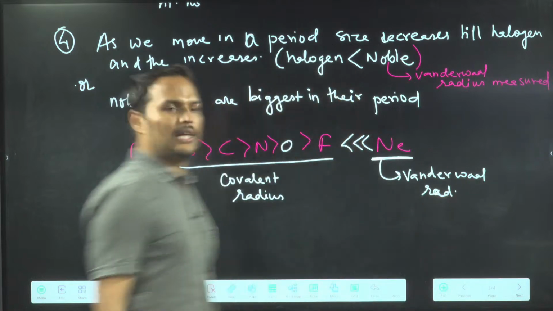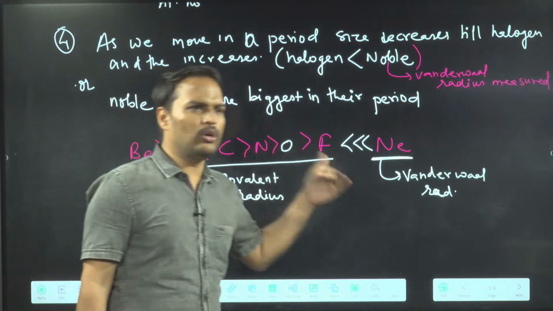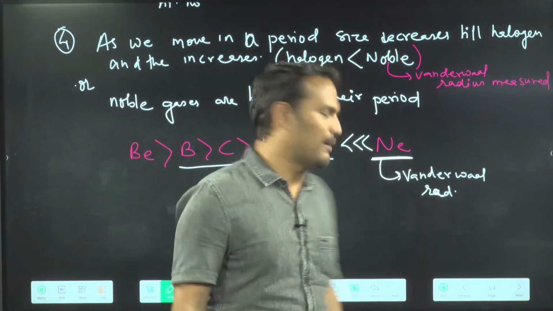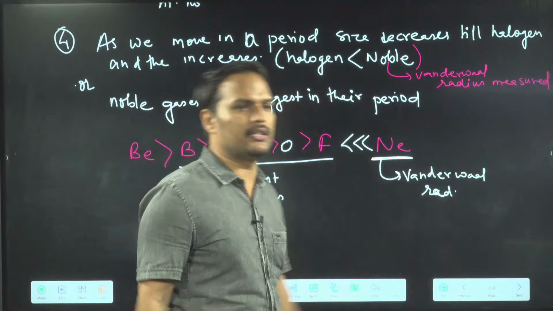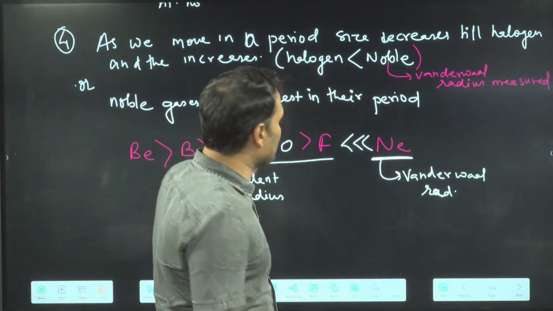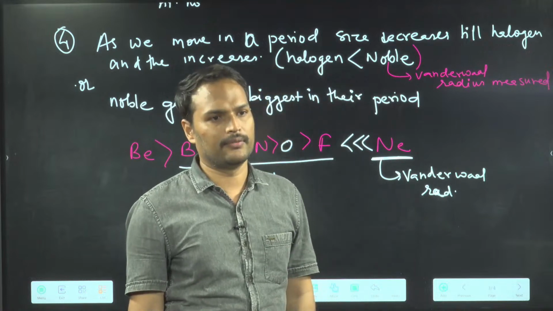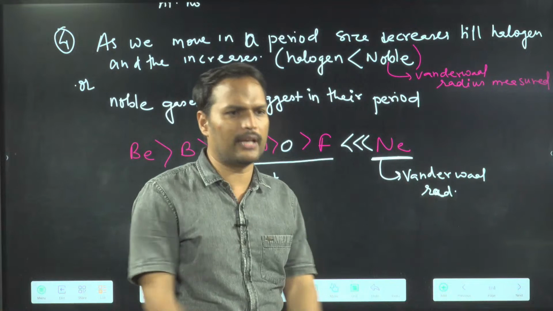Now van der Waals radius is valid for non-metals also. So I told you that if you have to compare something, similar properties we have to compare. Compare his van der Waals, compare his van der Waals. But you are not doing this. You are comparing his covalent and his van der Waals, which is not a correct way. But then also this statement is running very nicely in every book and everywhere